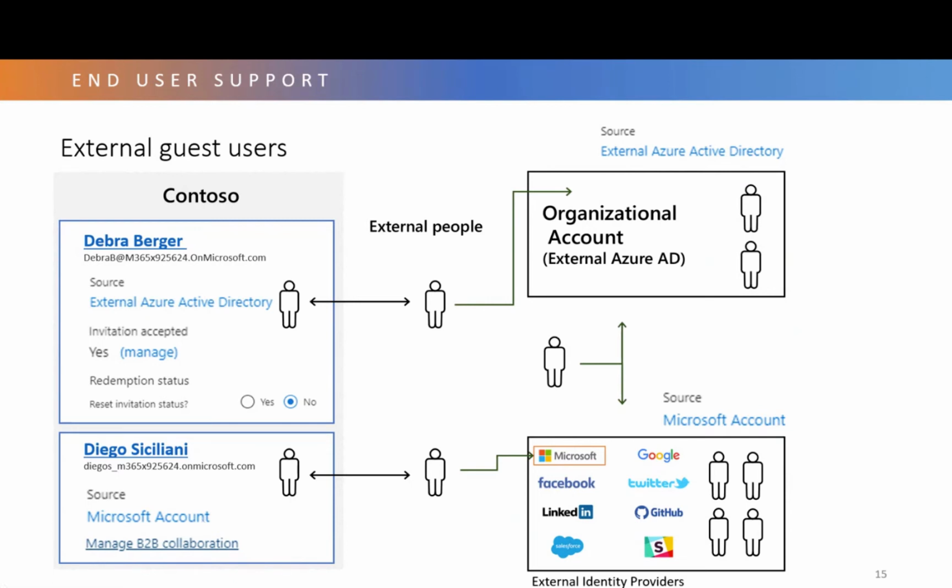Sometimes you'll see multiple, depending on your tenant. I'm in a GCC, so we don't allow people to go to the multiple. But sometimes on the source, you'll see multiple, which means the user has both a work account and a personal account tied to that one identity in your tenant. In my scenario, we have to actually convert the user or delete them. And depending on your tenant, you might see invitation accepted. You might see this manage, where you can manage the invitation and resend it.